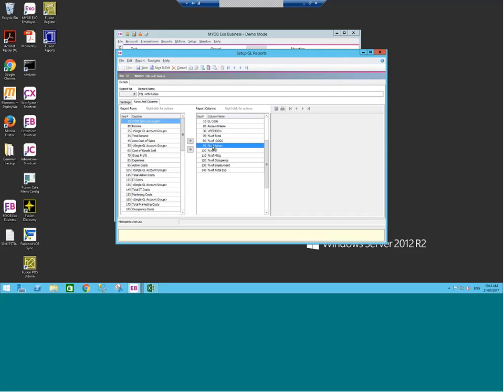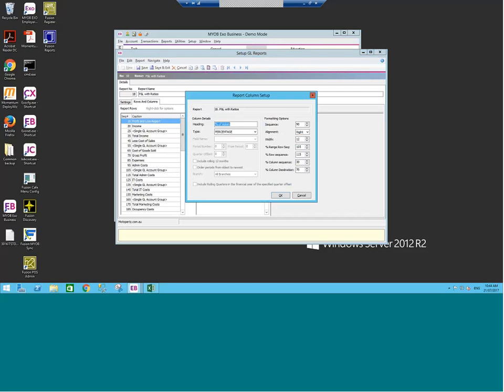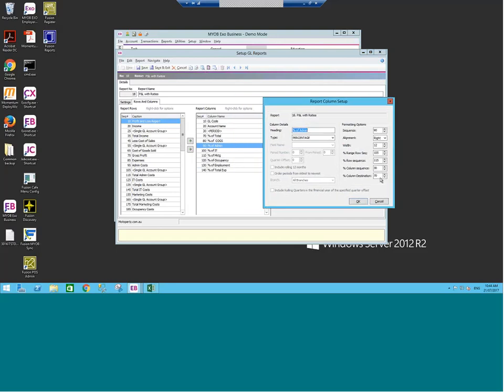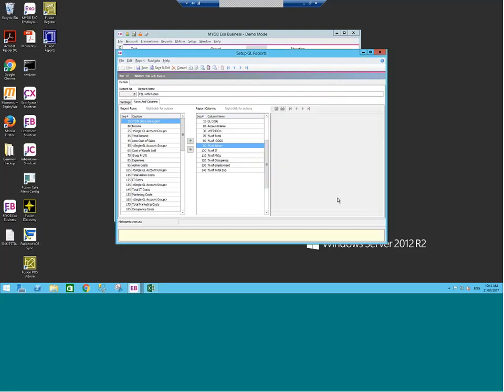And then I've basically done the same through the balance of the report. So admin, each admin expense as a percentage of the total admin expenses, so 105 to 115, calculating on the period value, which is column 30, and displaying it in the same column as the first one, which is column 70. What that does